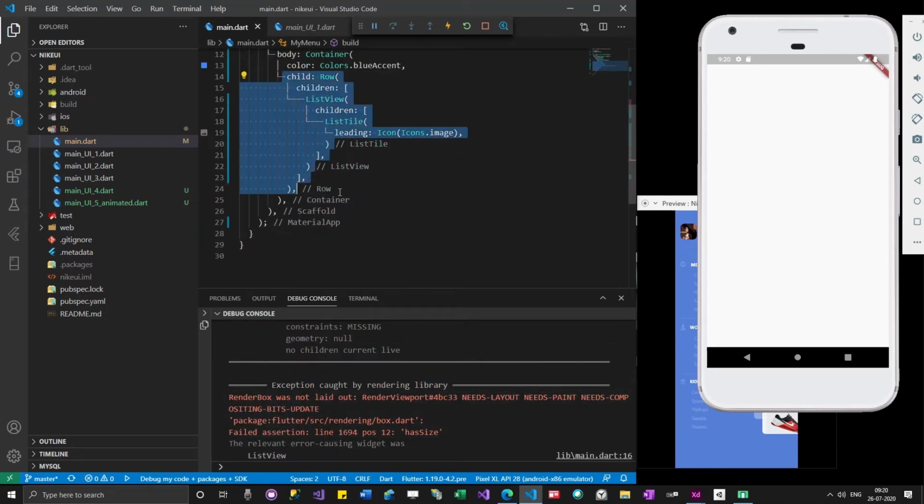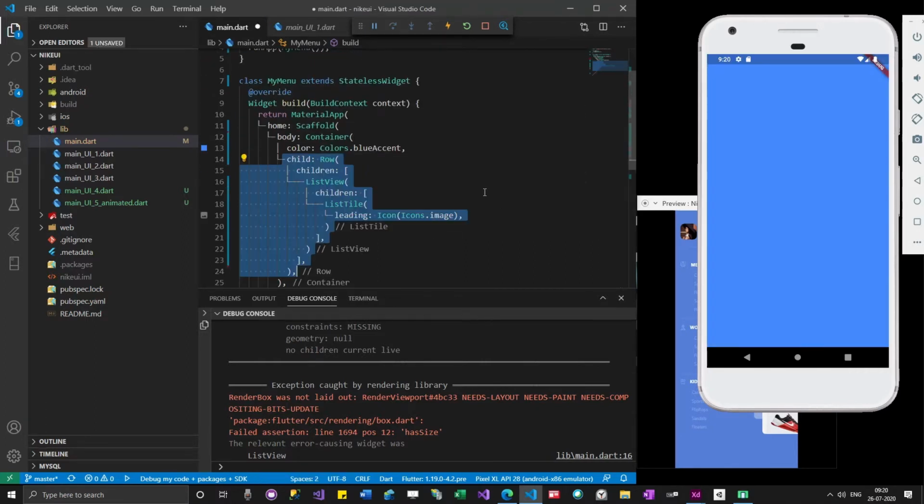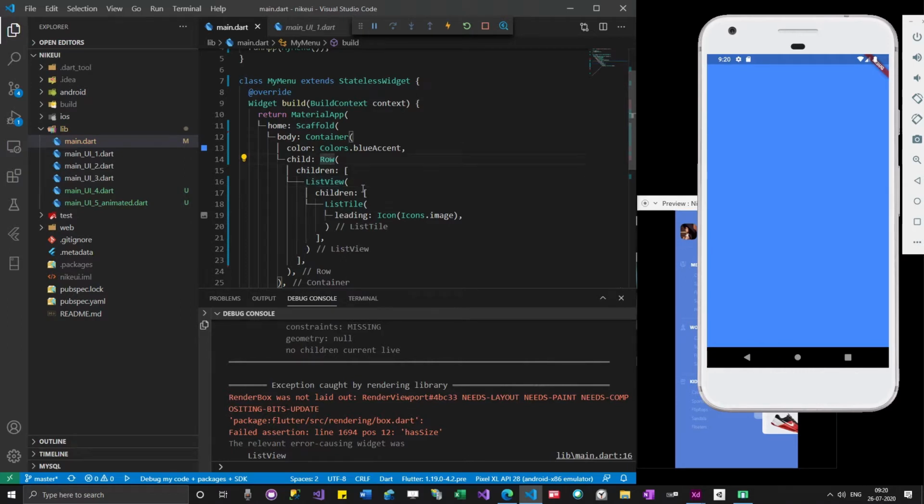Okay, there seems to be some errors. Okay, looks like there is some issue while using this row, so that's why I removed this row from here.